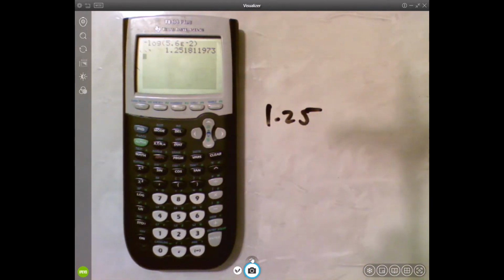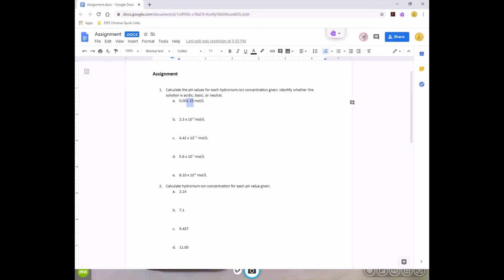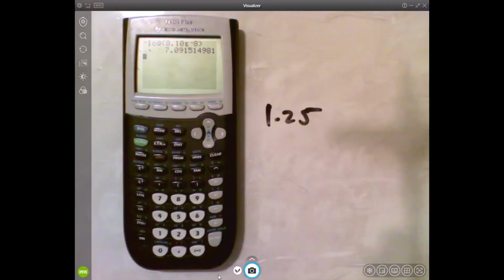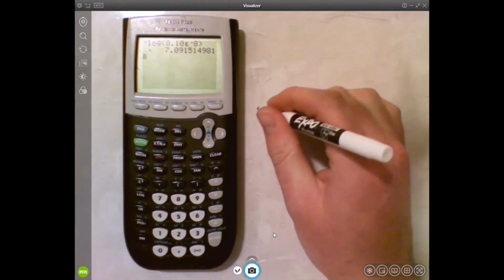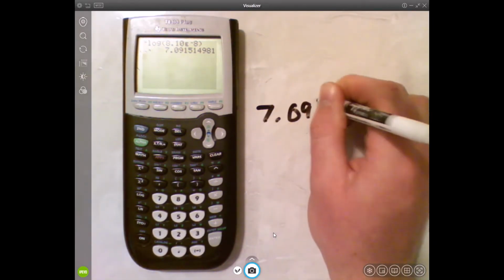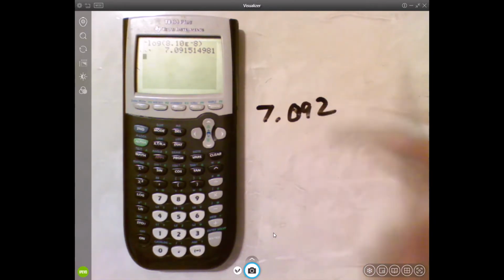And then for the last one, we can see that it is 8.10 times 10 to the negative 8. So we would go negative log 8.10 times 10 to the negative 8. And that tells us that we get 7.0, so we want 3 sig digs, so 7.092. That's a 0 there. So that would be our answer. Okay, for the